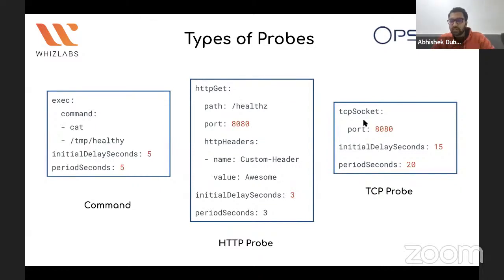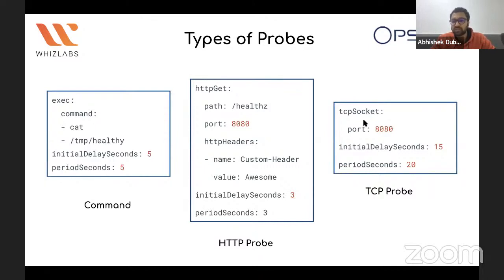And the last thing is the TCP socket, which we have already talked about, like checking with a telnet command. So basically here we are just defining a port number 8080. What it will do is make a telnet connection to the 8080 port and check if it is listening or not. Suppose it is giving a connection refused. For example,